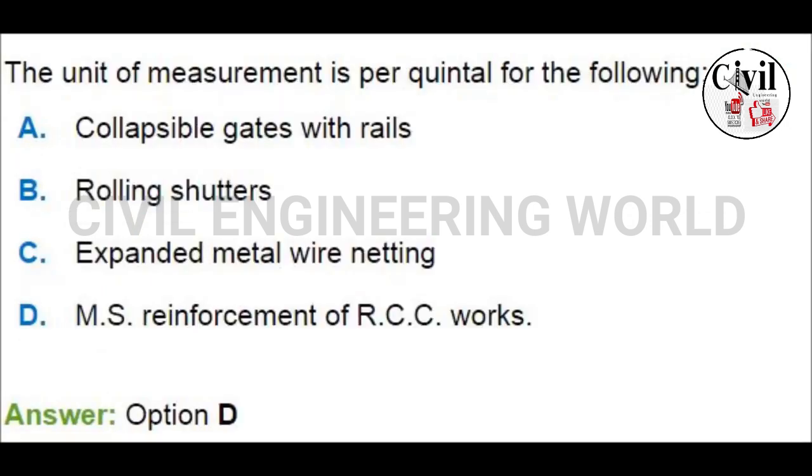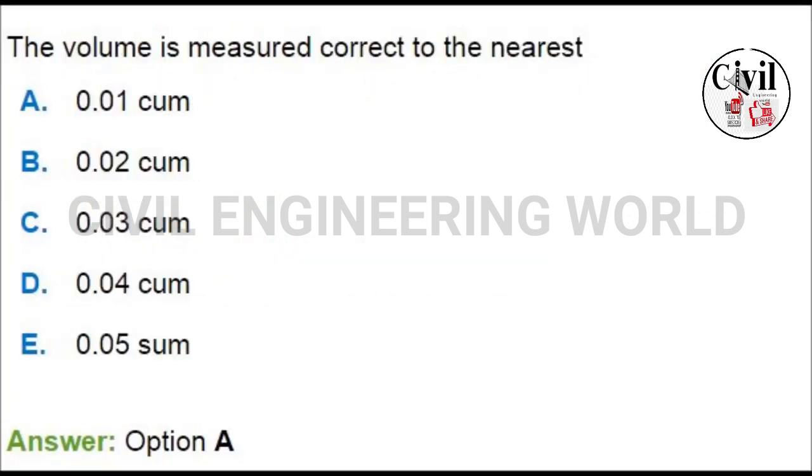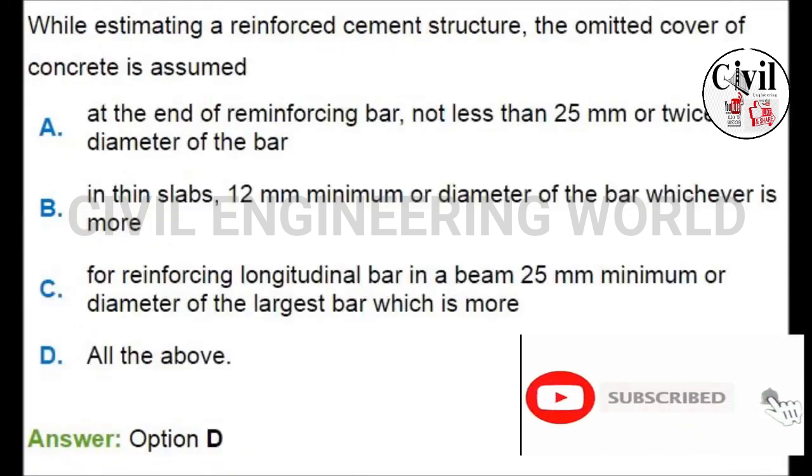The unit of measurement is per quintal of the following. So MS reinforcement of RCC works is the correct option in this case. Okay guys, the volume is measured correct to the nearest of 0.01 cubic meter is the correct option in this case. Okay, so the next option is while estimating the reinforced cement structure, the omitted cover of concrete is assumed